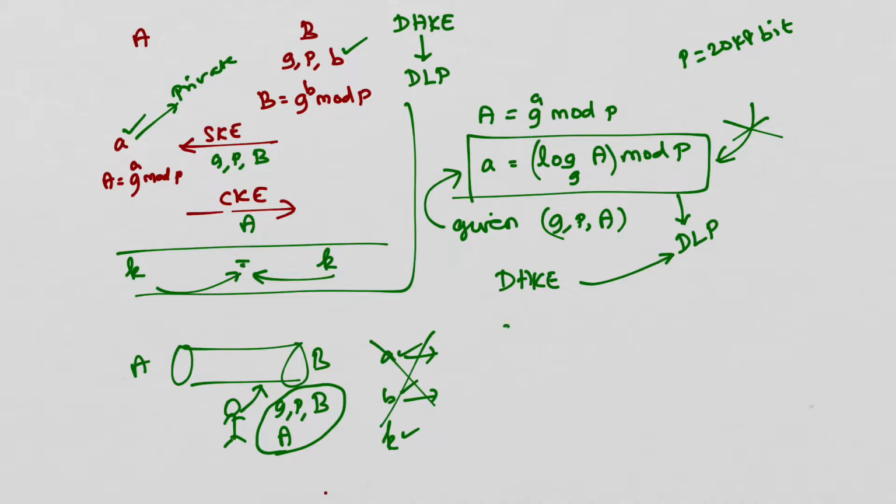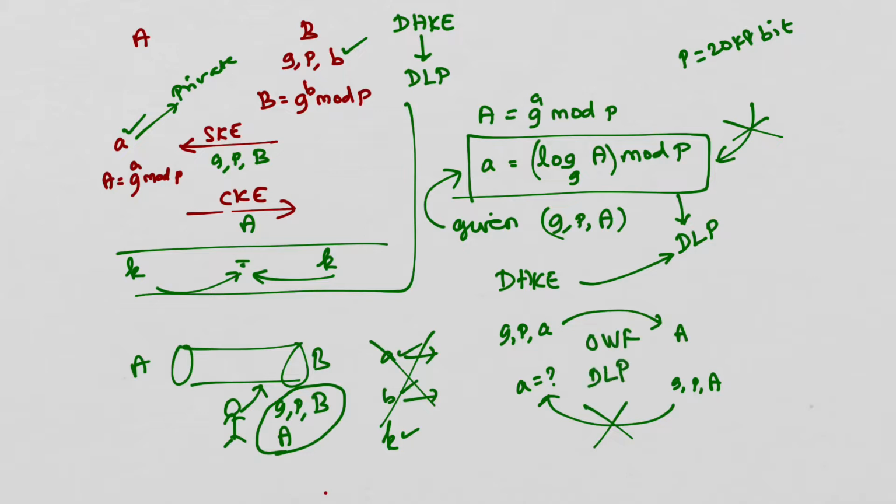Given G, P and the private key, it is easy to calculate the public key. But given G, P and the public key, if somebody asks you to calculate the private key, it is literally impossible in our human lifetime, because that security depends on a one-way function, and it is the discrete logarithm problem. So the discrete logarithm problem here is acting as the one-way function. One way, it is super easy to calculate the public key, but given the public key, calculating the private key is near impossible. So that's the theoretical foundation behind the security of the Diffie-Hellman key exchange.